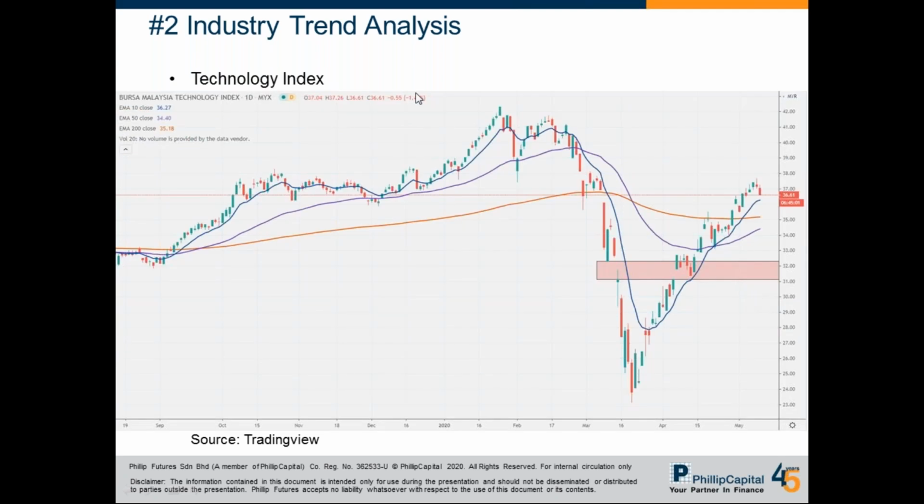Now, let's look at another one, the technology sector. If you look at technology, the 50 and 10 EMA are all pointing up, and it is even above the 200 days EMA. This orange line belongs to the 200 days. So definitely it's telling you that the index is relatively strong. The companies under this index are definitely one of the top choices that traders can monitor to find opportunities in, because it gives you a very strong trend. In trading, trend is the most important thing. So try to trade with the trend.